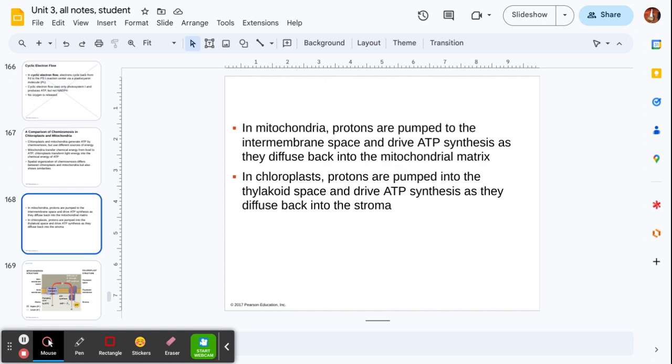So this is a summary of that slide that I showed you about the spatial orientation. In mitochondria, protons are pumped to the inner membrane space and drive ATP synthesis, and they diffuse back into the matrix. So they're going back into the very, very middle of the mitochondria. In chloroplasts, protons are pumped into the thylakoid space, and they diffuse back into the stroma. So they're going to the very outside of the chloroplast. So the orientation is different. The process is exactly the same,